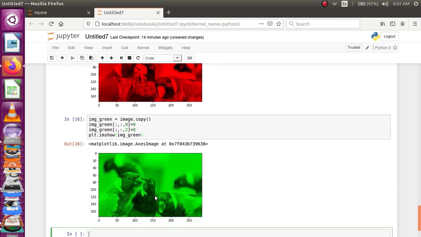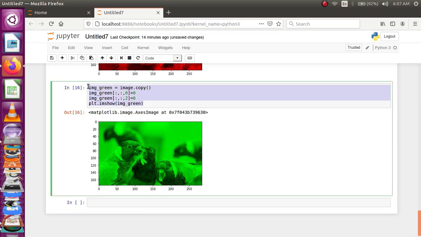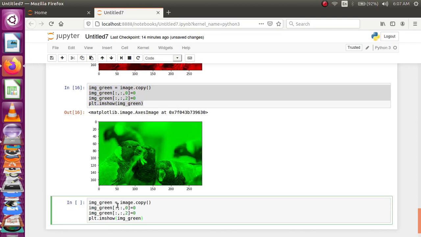Are you able to find it? Now we have only the green channel information. Similarly, to have the blue channel information, make the rest of the two channels, green and red, 0 so that you can have only the blue channel information.